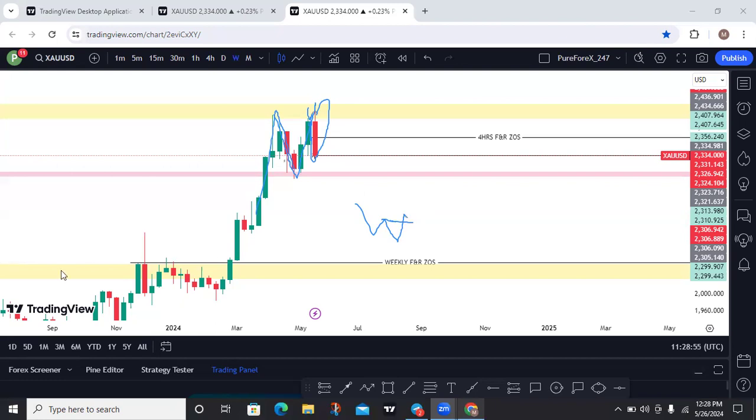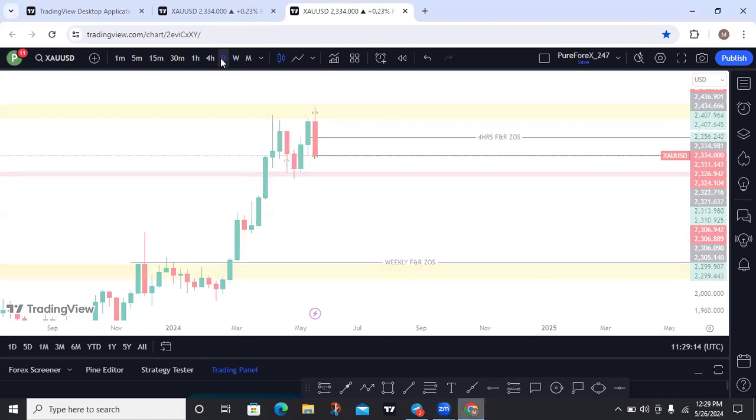But on the weekly time frame, the only time we are going to be sure of a serious downtrend is when the market closes below this neckline. That is when we know that, okay, we'll be dropping massively from the weekly time frame. So let's go to the daily time frame and see what is happening on the daily time frame.